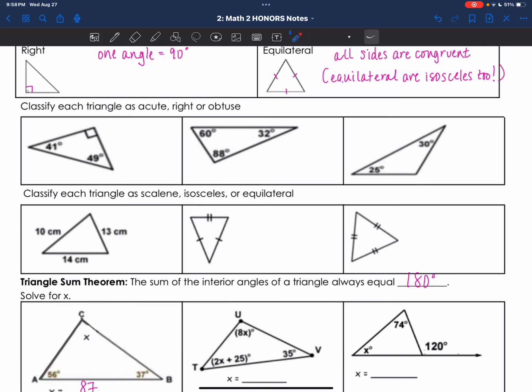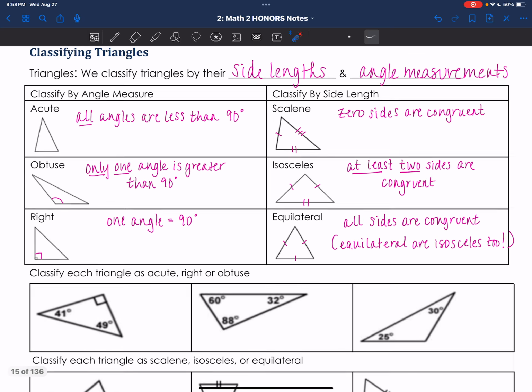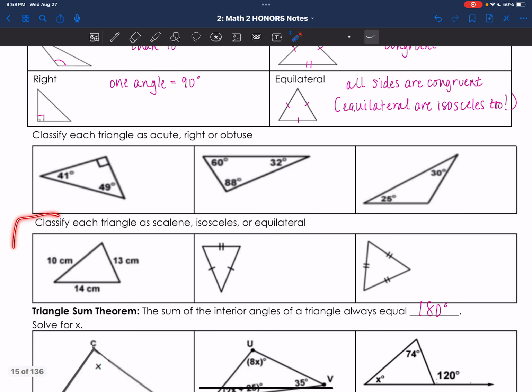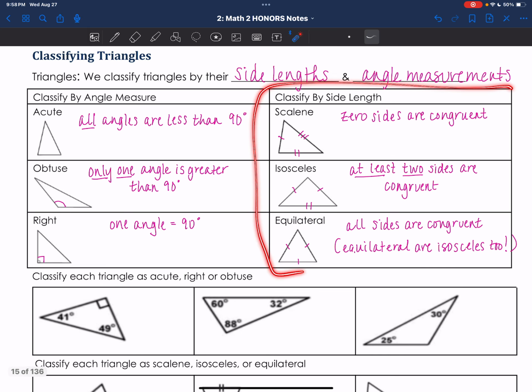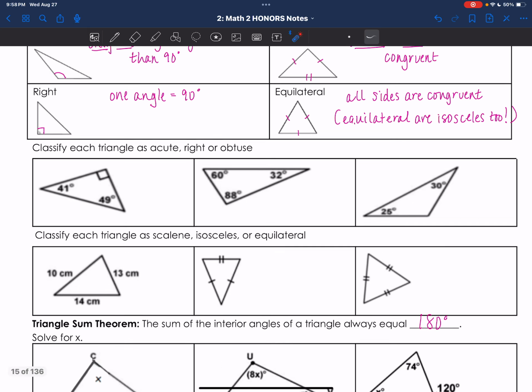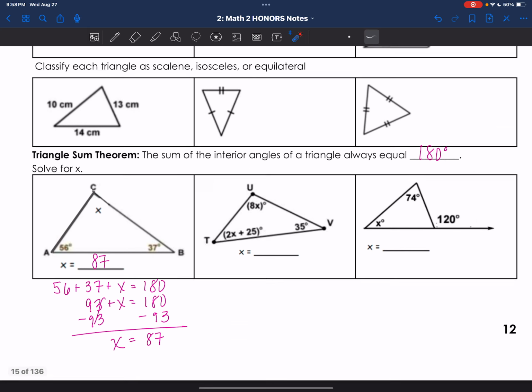So equilateral is isosceles also. So now what you're going to do is classify this first part as acute, right, or obtuse. So you should be looking at this section here. And then this second section down here, you're classifying as scalene, isosceles, or equilateral, and you're going to be looking at the side length. So go ahead and complete both sections,